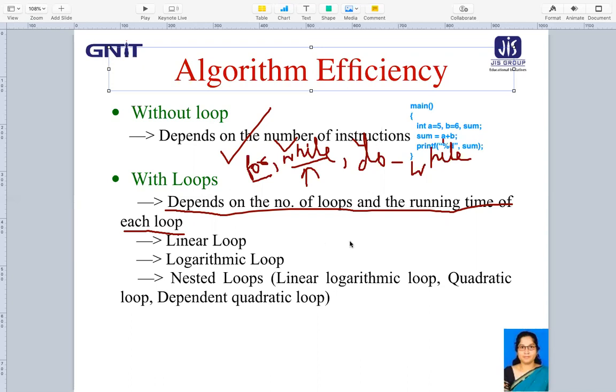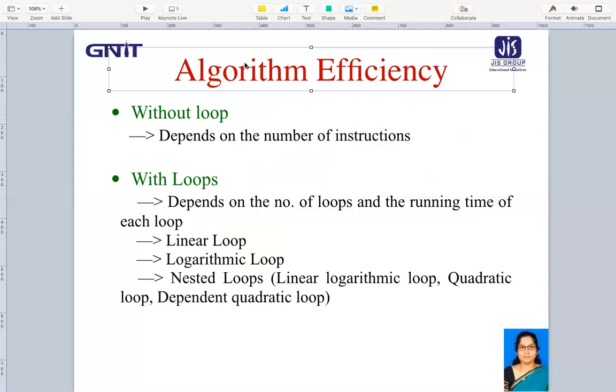If we talk about loops, there are three kinds: one is a linear loop, one is a logarithmic loop, and one is a nested loop. Let us see one by one what is meant by each of these terms. So first, let us talk about the linear loop. We can look at a linear loop example like this. In the case of a linear loop, if I write code like this,